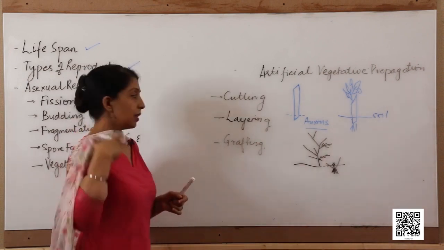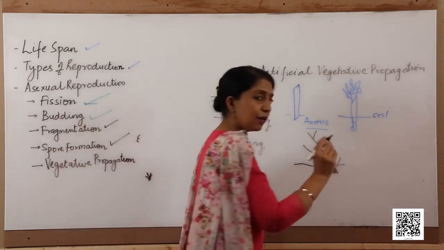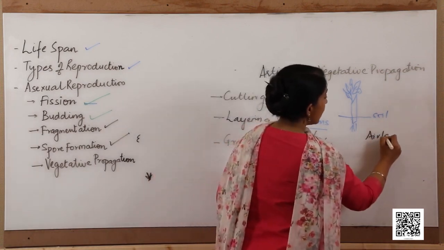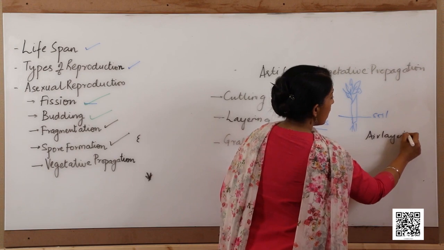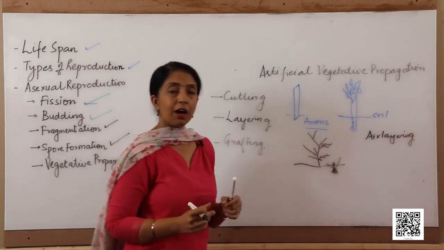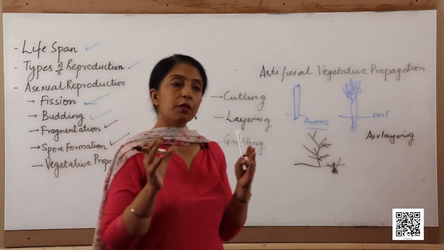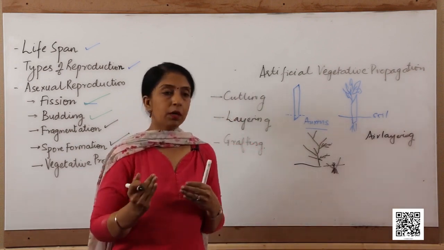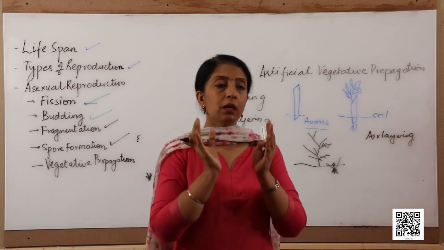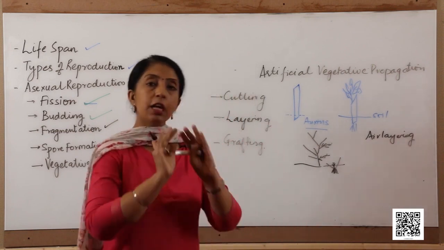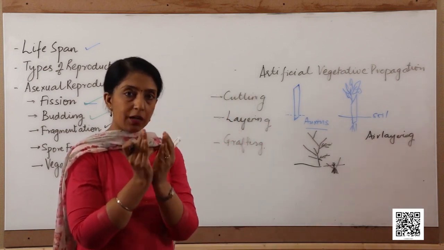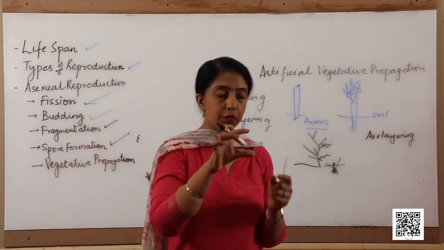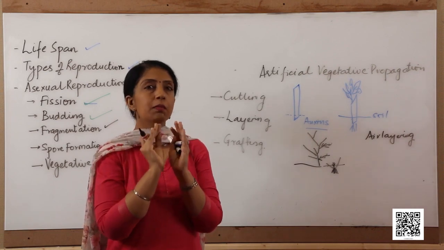Another type of layering is air layering. In air layering, larger trees which have a good fruit variety are propagated to increase their number. They take one of the healthy branches of the tree, remove the bark from that branch, and cover that portion from where the bark has been removed with mud